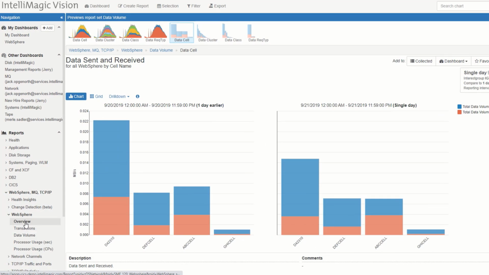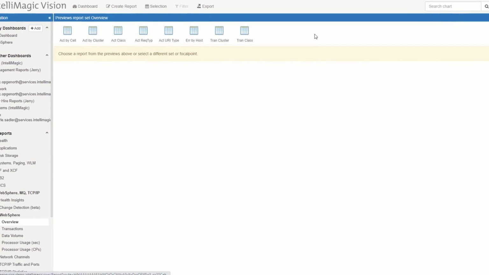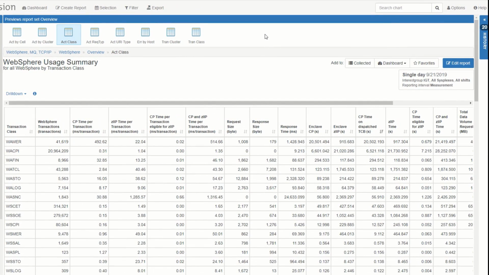The final set of WebSphere reports is the overview reports. Now, despite the name overview, these reports really pack a lot of useful data onto a single screen. So let's start with activity by transaction class. The overview reports are all tabular, and this one has most of the key data metrics we've been looking at